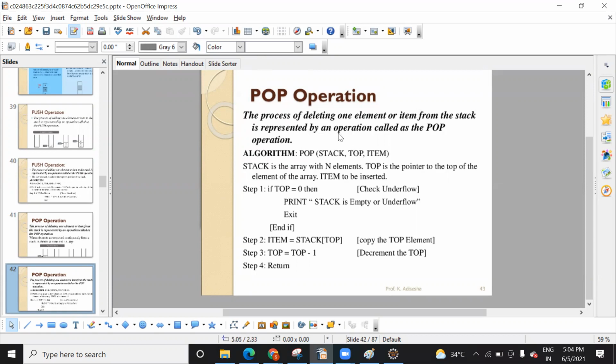He has mentioned proper definitions, along with short algorithms. Even if you write this algorithm by hand, normally there are two ways of asking a question. Once they will tell you to write code on the system, and another time on pen and paper they will tell you to explain the logic. When you explain the logic, you can use this pseudocode. If you explain this pseudocode nicely, you don't need to write the whole code, because we have only 5 to 10 minutes. In that 10 minutes, you need to explain the logic. So this pseudocode is what we usually write.